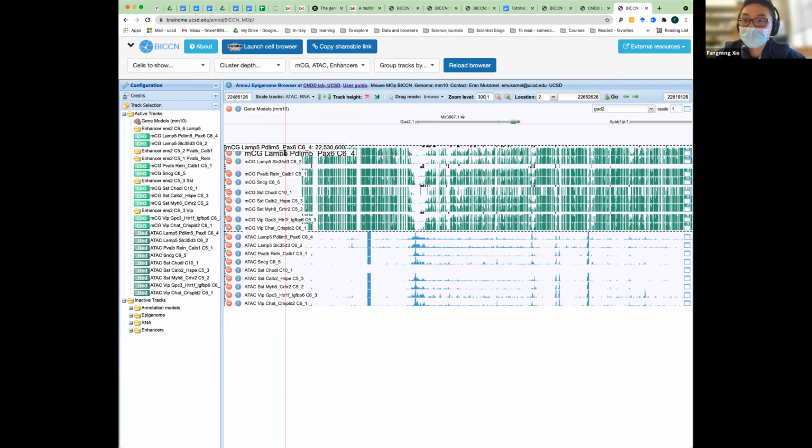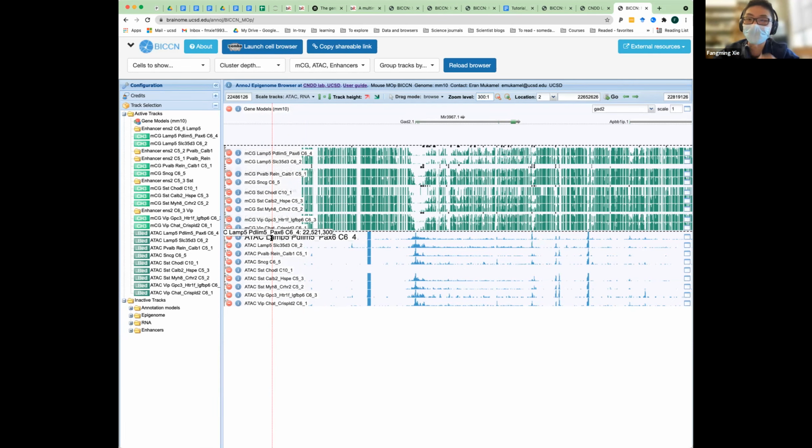LAMP5 means it's a cell type with LAMP5-positive gene expression, and it happens to be an inhibitory neuron. And LAMP5 PDL-LAMP5 is a subtype of LAMP5, and it also has some string, C6_4, which is just a label we gave to that cell type. And you can see that in the ATAC panel, that same cell type is also shown here. That's because we aligned them together.